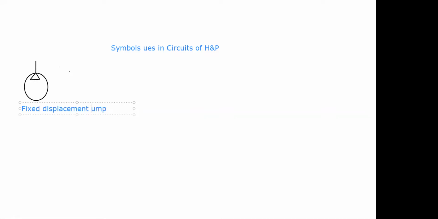As you know, this pump is used to pump the fluid. That's why this inner triangle is always filled like this. You have to fill that inner triangle, then it becomes a hydraulic pump. Okay, because the fluid which is pulled or pushed by this pump is visible. That's why we fill this triangle here. Okay, then another is